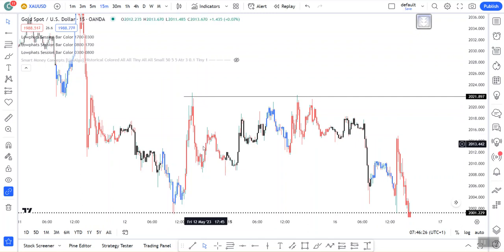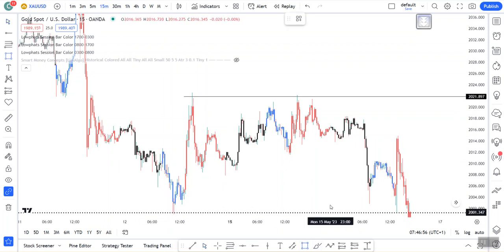Then the Asia opened, went down here, pushed up, then never got beyond, then closed here. London opened, pushed as high as this, went down. But the thing is that US opened, pushed back to that zone, pushed back to that zone. So you can say that